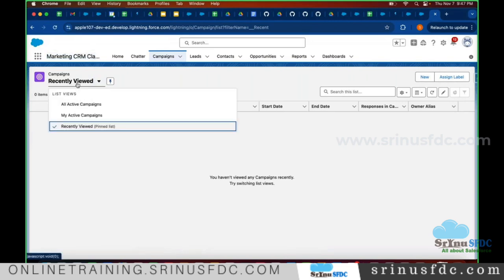A table can have hundreds of thousands or even millions of records. We don't want to see all millions of records here, right? So using list views, we can apply some filters and decide which data we want to see. Okay, since this is a standard object,